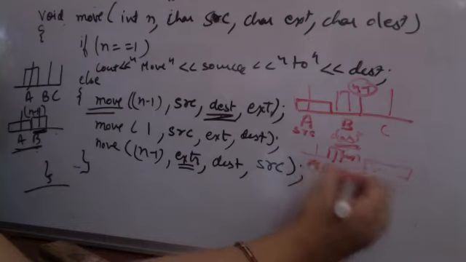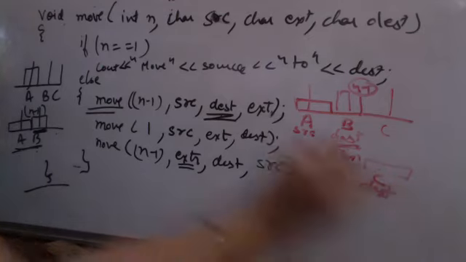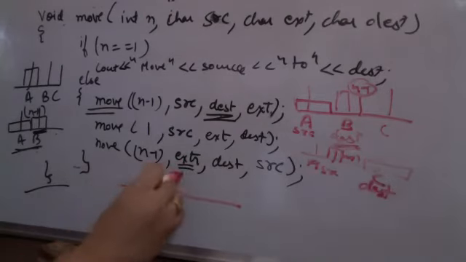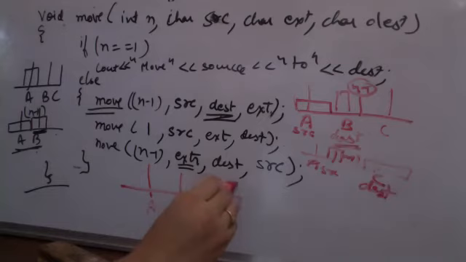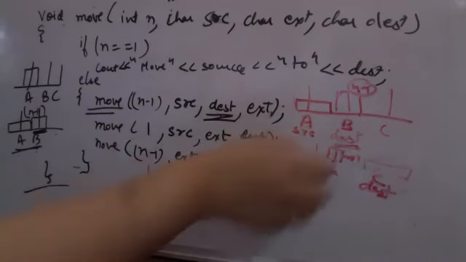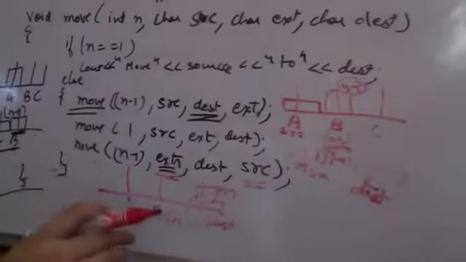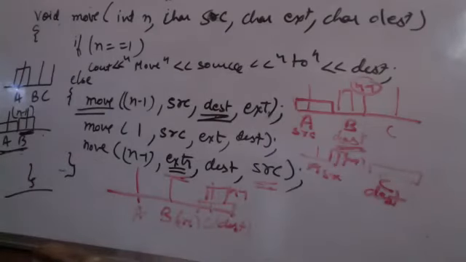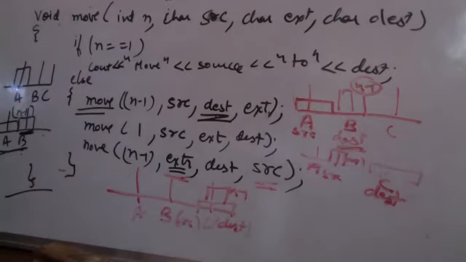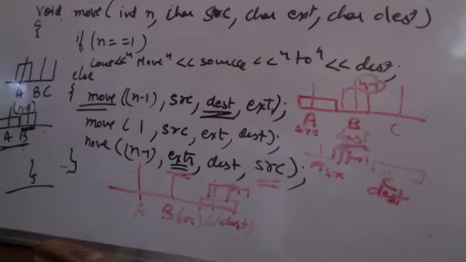So A is the source, C becomes the destination. And in the final step, जब ये हो चुका है उसके बाद I have to shift the n-1 वाला ब्लॉक from B to C. So B becomes my source, C becomes my destination. Same चीज मैंने लिखी है. So 3 recursive calls and I am able to do the towers of Henry problem for any number of rings. Using recursion हमने एक बहुत ही complex problem को बहुत ही simple problem में break कर दिया है. Is it now clear to all of you the power of recursion?